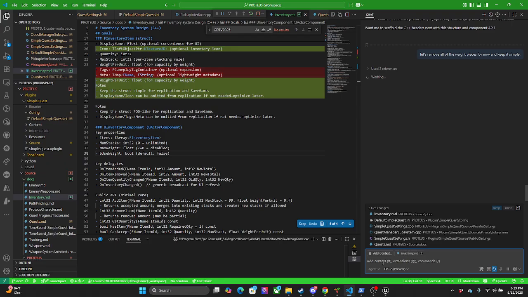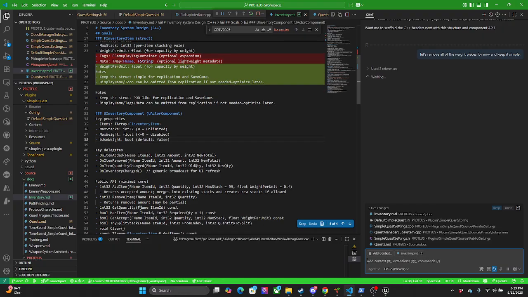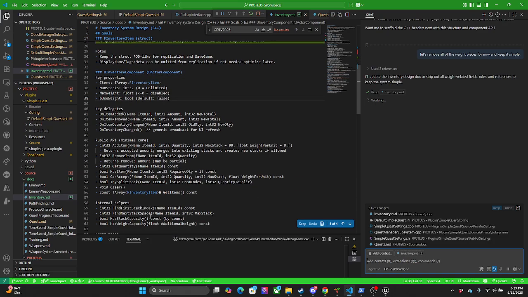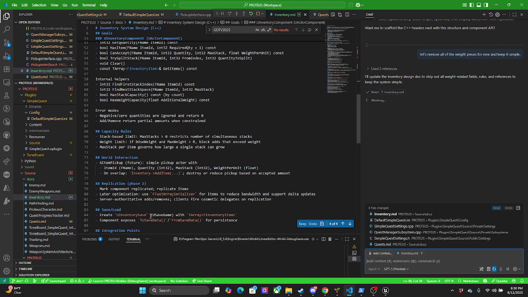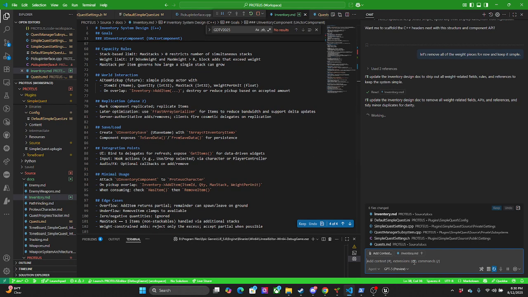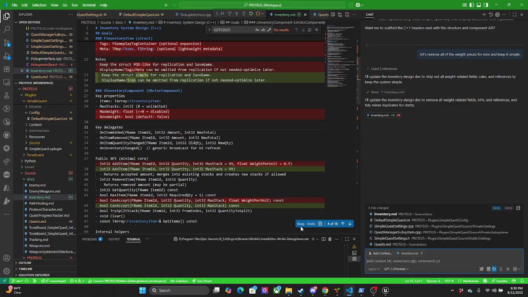Keep it simple. Add item, remove item, get quantity for an item ID. All right. Let's keep that.